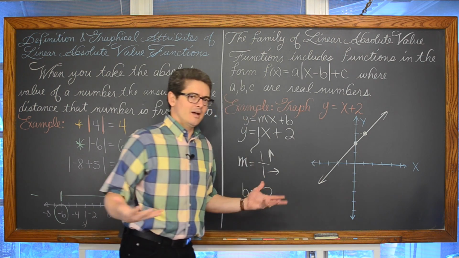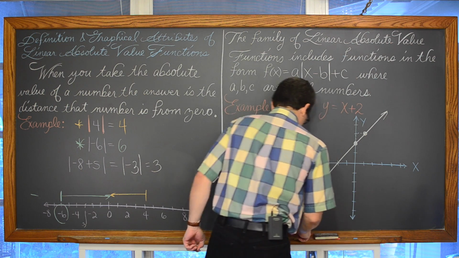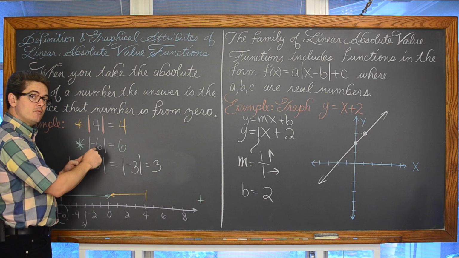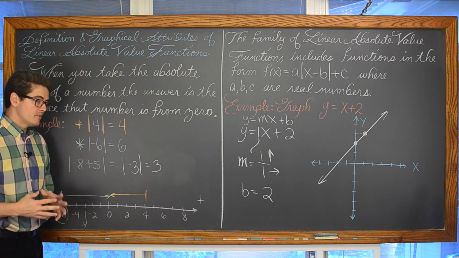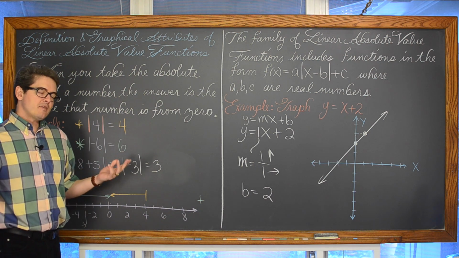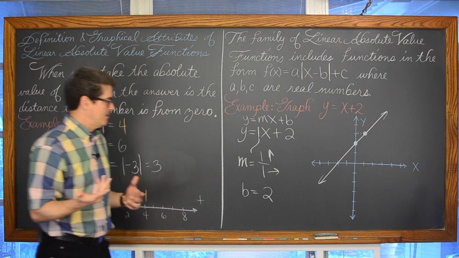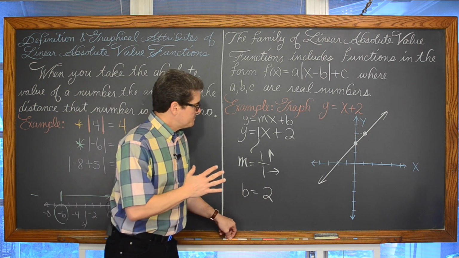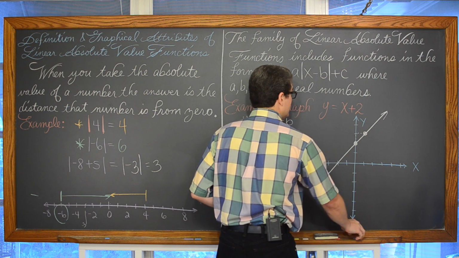Okay, why am I graphing a line? I mean, hello, I'm supposed to be talking about absolute value functions. Well, that idea that we see here is why I did these arithmetic examples. The absolute value of negative 6 is positive 6. Negative 6 is 6 units away from 0. The negative sign just indicates direction. So you kind of want to just say absolute value functions get rid of the negative. I mean, that's what a lot of teachers say, and you kind of forget that it's a distance that you're getting from 0. So if I now bring in the idea of an absolute value function,